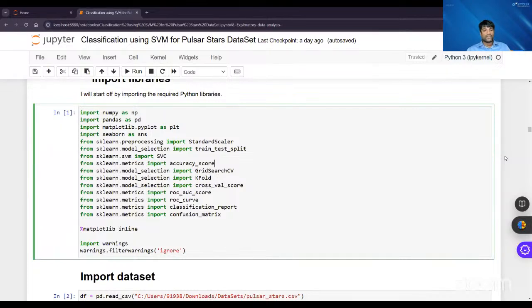And apart from that, we are using the SVM metrics, right? Our SVM algorithm will actually be in the sklearn library. So we'll import from sklearn.svm, and we import our SVM as SVC. Okay, SVC is nothing but the support vector classifier. Okay, so since it's a classification problem,